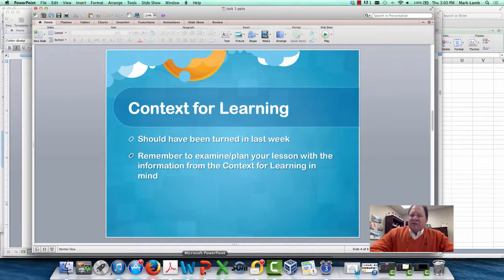Remember to refer back to this as you plan your lesson to make sure that you're intentionally thinking about those students in your classroom as you do this lesson. It's going to be specifically important when you start to address the diverse learner. So, as we look at the information about the lesson,